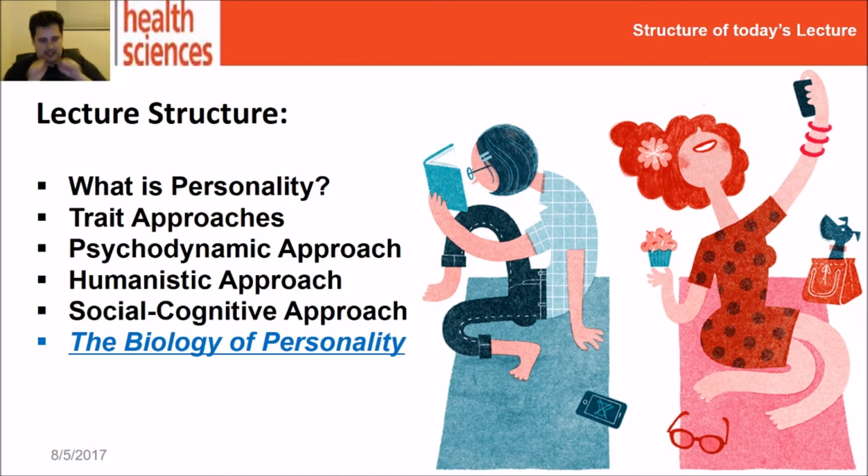So we've covered the trait approach, which is the 5-factor model, the main descriptive way that we ever talk about personality in modern psychology. We've talked about the three main, although each of them incomplete, theories of personality development and how they're all quite different from each other but are partially compatible in different ways. Last thing we're going to talk about here is an alternate approach to the development of personality.